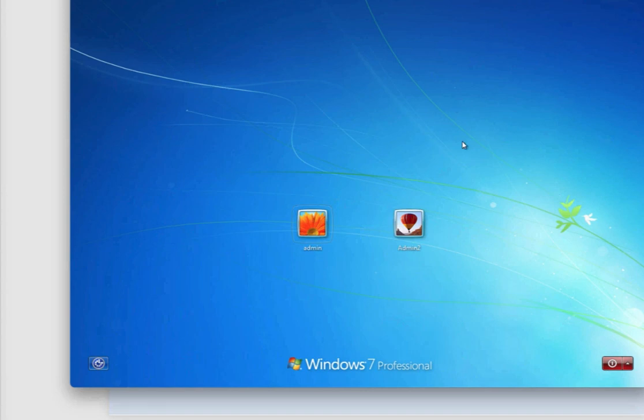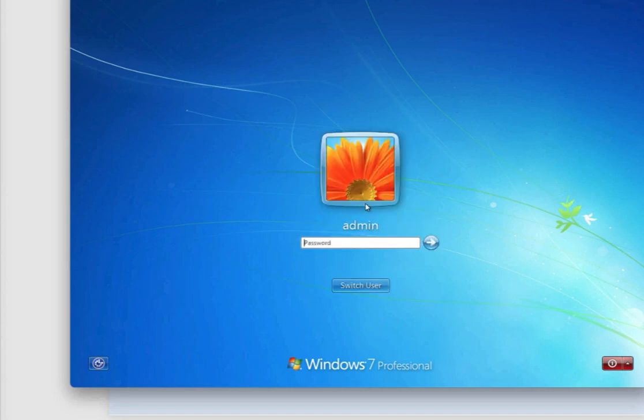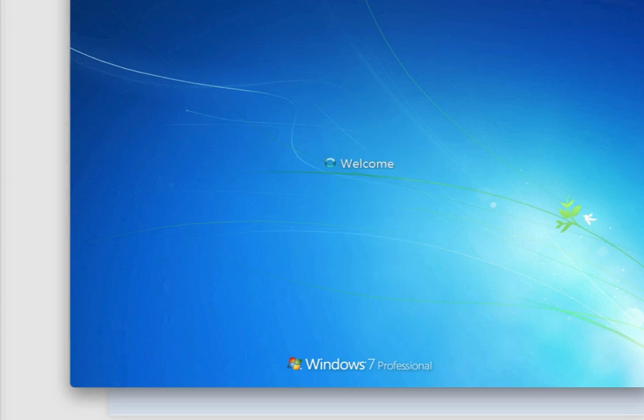So here in our Windows machine, we're starting up, and I'm going to log into it. And so this is a fresh session with our Windows machine, and we have not gone anywhere yet on the net.